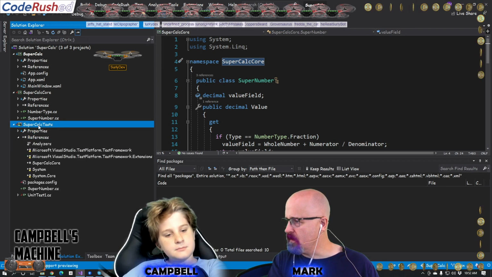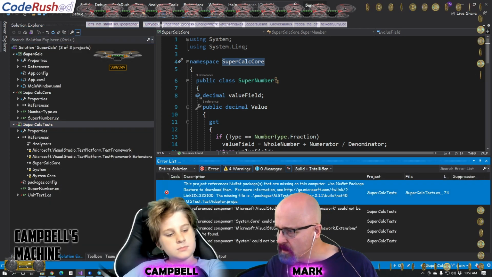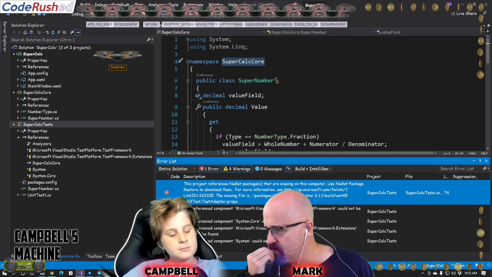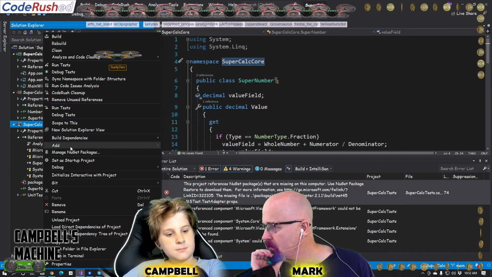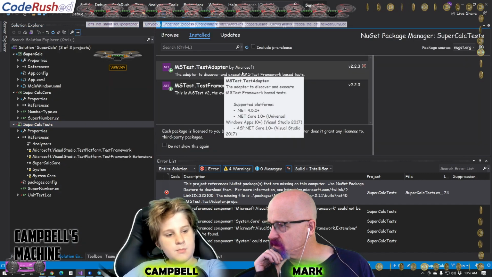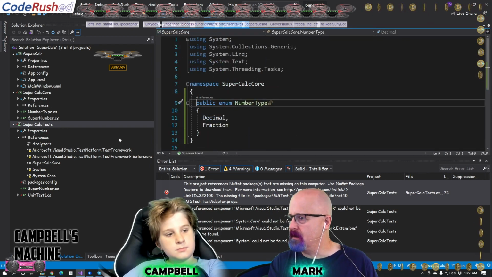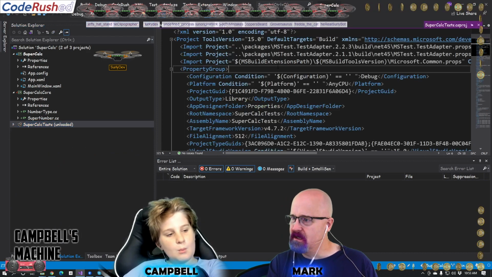How much trouble are we in? Missing file is packages, MS test 2.1. 2.1 I don't really want anymore. So we kind of replace it with 2.3. We don't see it in here. I'm going to try a couple more tries on this. And then I'm going to,